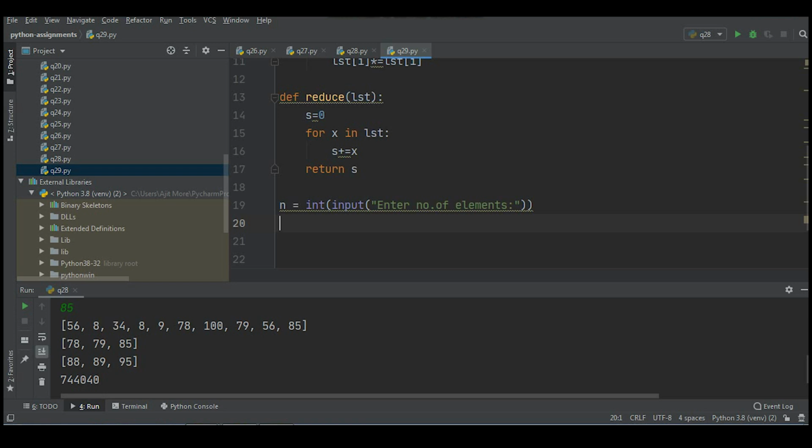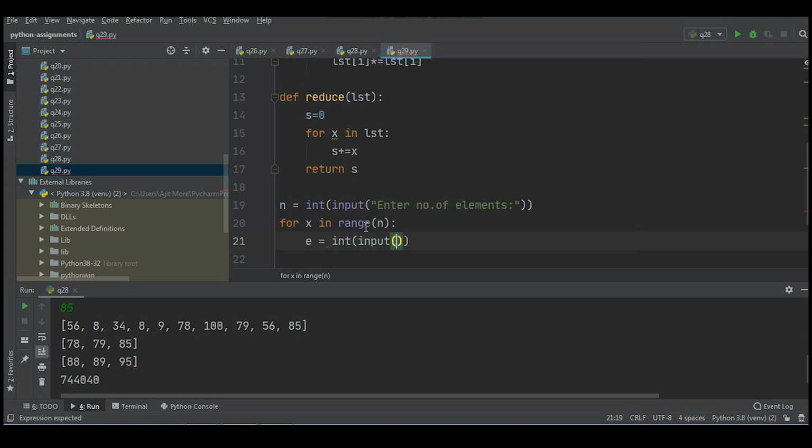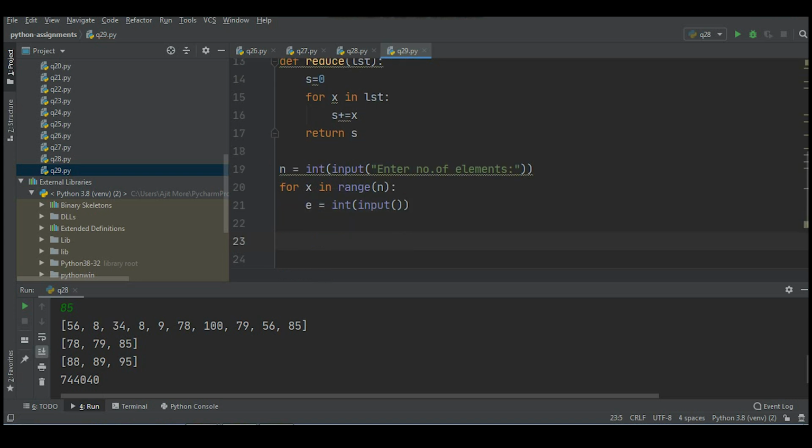Now we'll accept n elements from the user. So I'll write a for loop: for x in range, and the range is till n. I'll accept one temporary value from the user, but I forgot to create one empty list. So before the for loop, I'll create one list. I'll give the name to it as mylist.